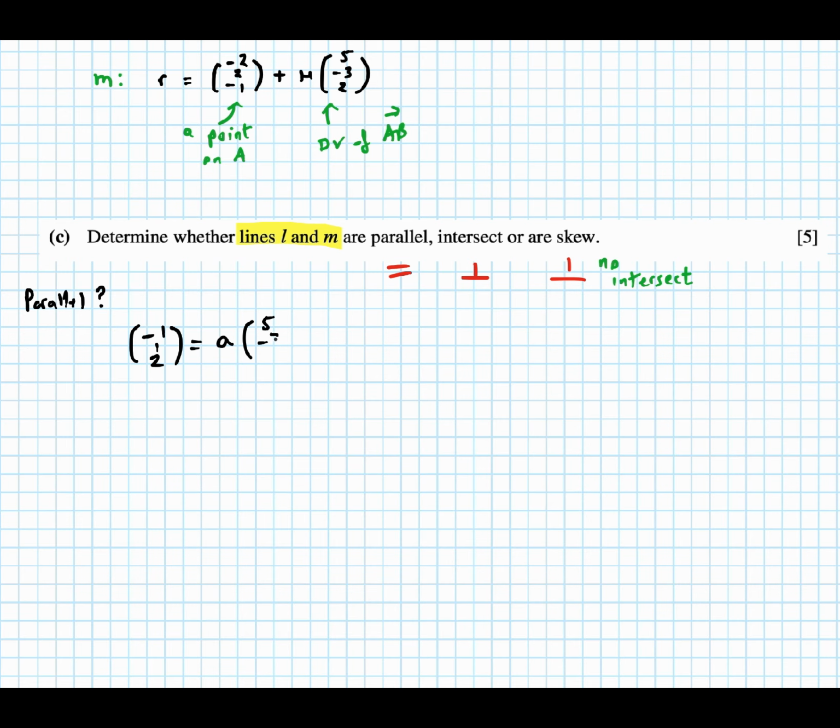So that'll tell us, you can use A or B or T or S, whatever. But it's just so you have a variable in front to solve. Minus 1 is equal to 5A, A is equal to 1/5. Again, same thing for the next one. A is equal to minus 1/3, and then A is equal to 1. So there's no commonality solution there, so they're not parallel. Next one is going to be a bit more difficult when you're doing intersections. You're going to need the full